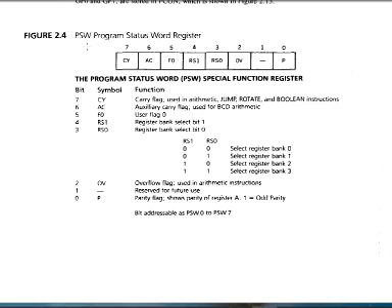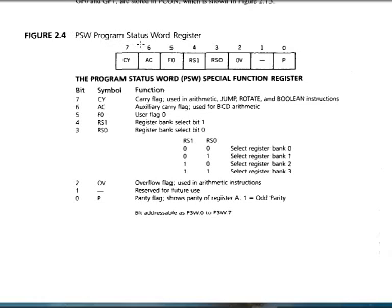Video we are going to study program status word register and other registers of 8051 in detail. As we know, each and every register of this 8051 is bit or byte addressable. So here we can program all these registers bitwise also. And programming of this register we have seen in IO programming of 8051. In that video we have seen how to program for timer and counter registers of 8051.